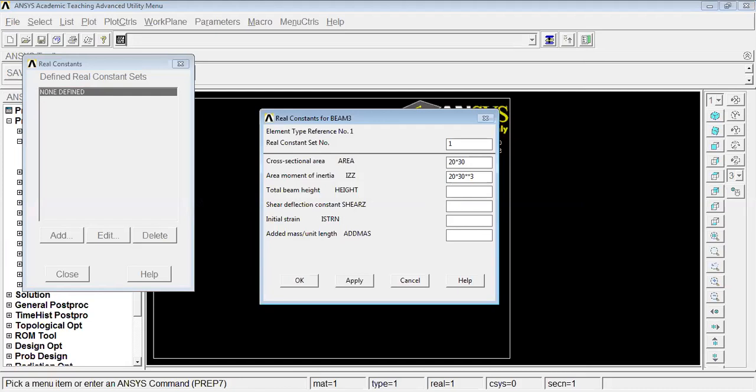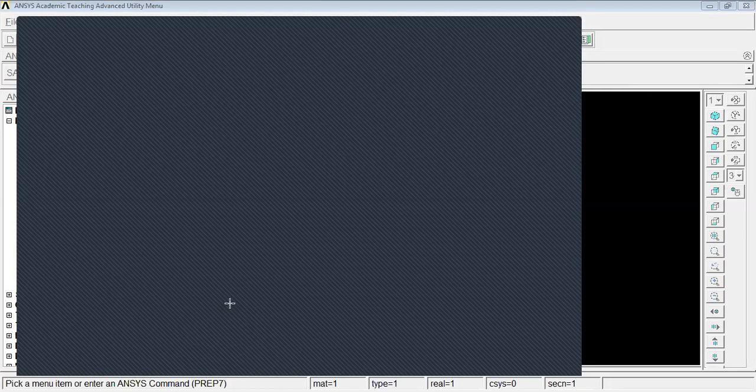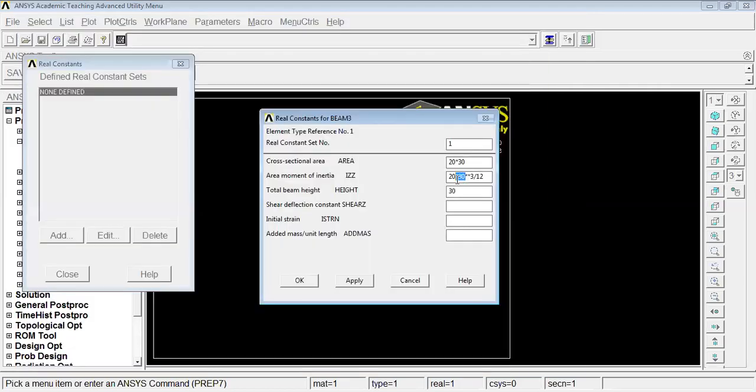It's a cube divided by 12. And height is, of course, 30 mm. Say it is 30 mm, hopefully 20 mm, sorry. So it is nothing but BH cube. 20 into 30, it is H into B. Okay. So it is 20 cube. Okay. 30 into 20 cube divided by 12. So this height can be 20 now.